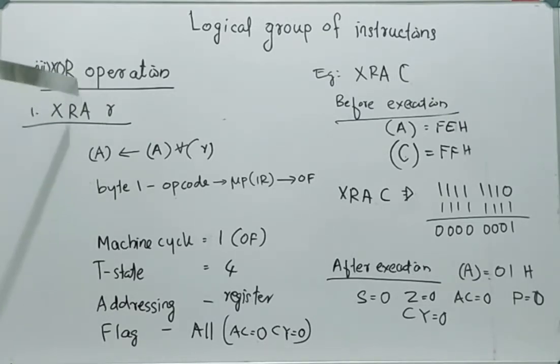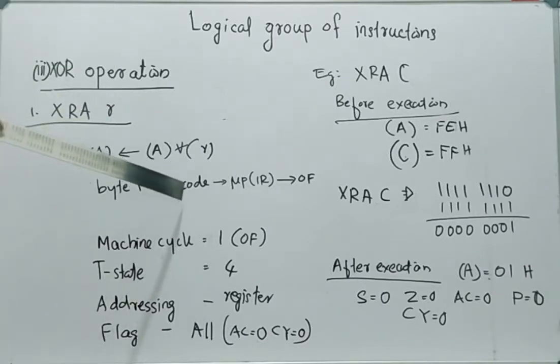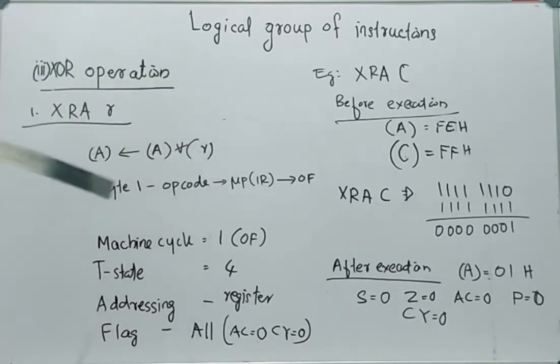When we convert this instruction into machine code, the machine code size is 1 byte long. Therefore, it is a 1 byte instruction. That 1 byte is nothing but the opcode of the instruction, which is obtained from the opcode sheet and saved in an external memory location. So during the execution of this instruction, the MPU needs to take this opcode from external memory into the instruction register. That process is opcode fetch.